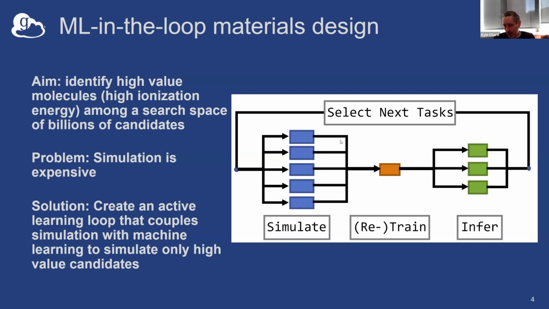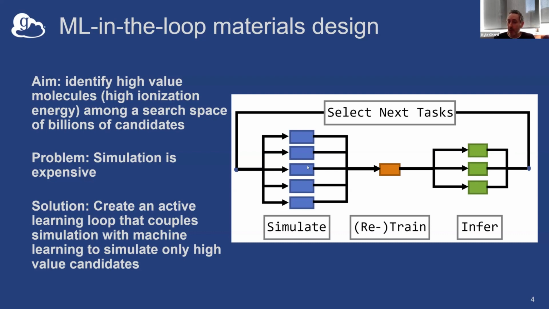We'll use the results from these simulations to train a machine learning model. We're just going to use a pretty simple model that looks at k-nearest neighbors based on a fingerprint of the molecule, and it's basically going to use the intuition that molecules of similar shape in this molecular space are going to exhibit similar properties. We're then going to use this model to infer the ionization energy of all the other molecules in our search space. We're going to rank that list of molecules by those that have the highest, and take the top n of those